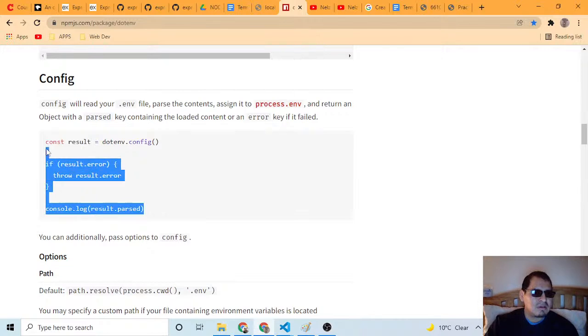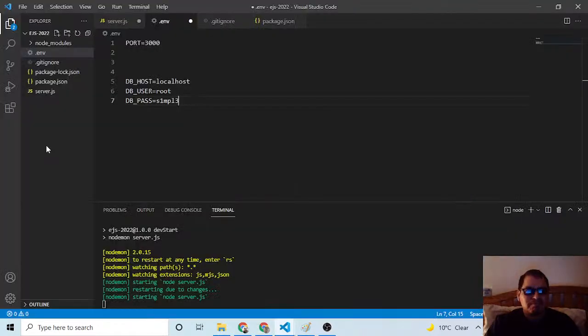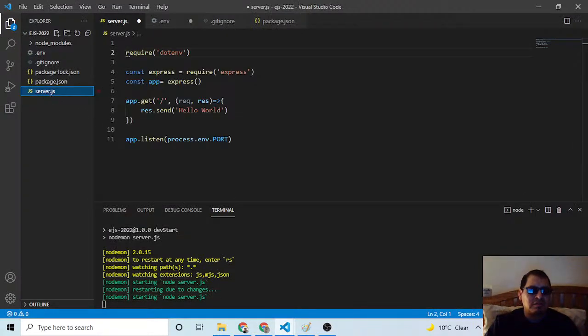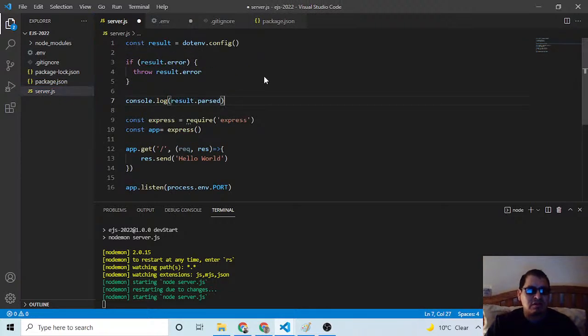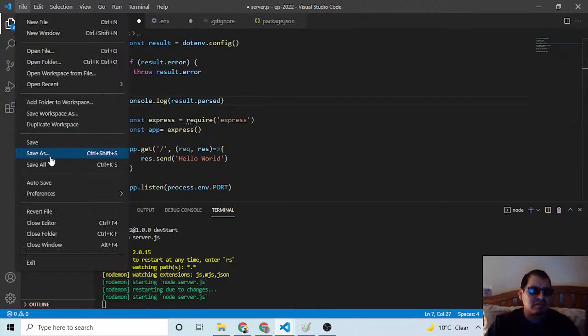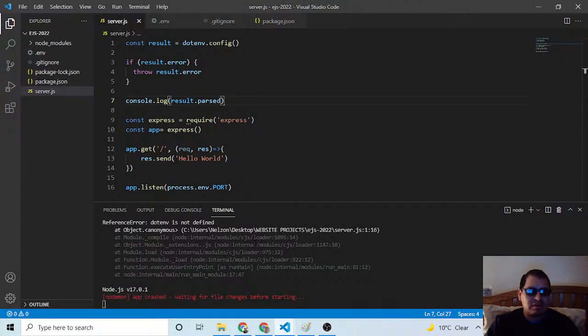Let me copy this and paste that one here. See what. dotenv is not defined. I want this, dotenv.config.